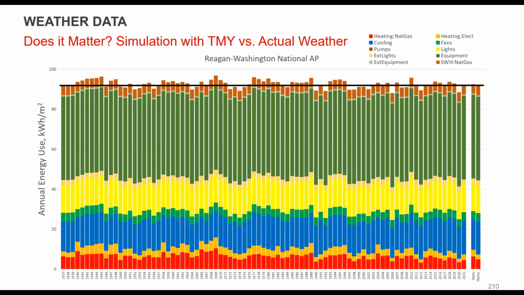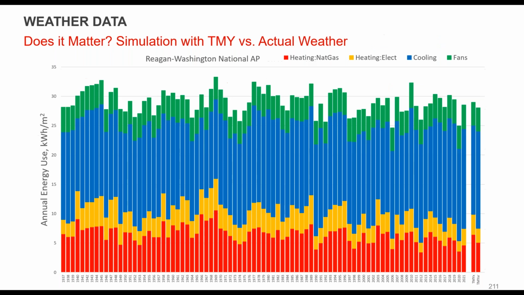You'll see some outliers. 2010, for example, had both a very cold winter and a very hot summer, so that brought both the energy up. But you see the variation going on there. Actually, TMY is doing a pretty good job. If we take out some of the scheduled things like lights and other things and just look at the proportion, the heating, cooling, and fans, you see a lot more variation there, more on the range of 20% or more. But again, the TMY does what you expect it to do.